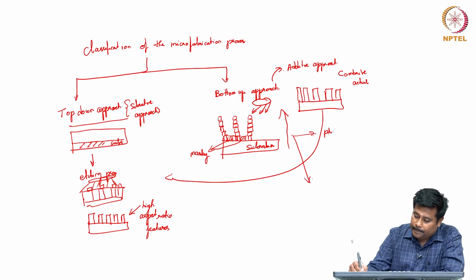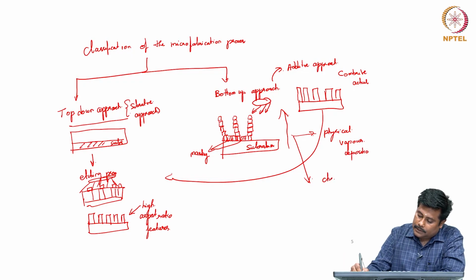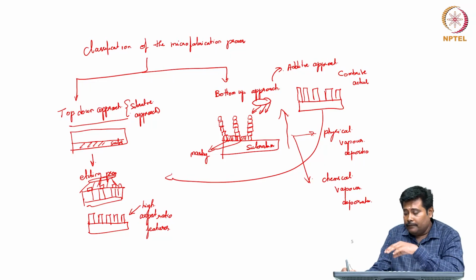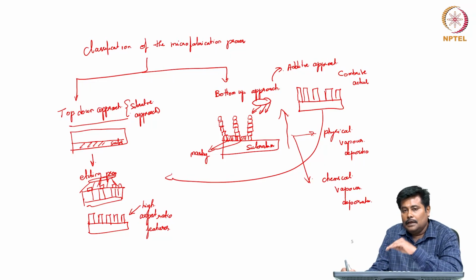One is called the physical vapor deposition technique, and the other one is called the chemical vapor deposition technique. As far as the physical vapor deposition technique is concerned, what we try